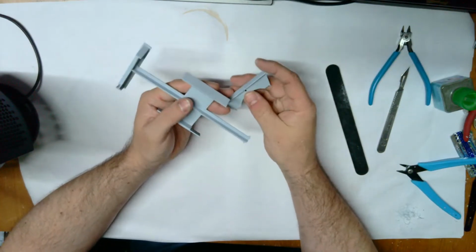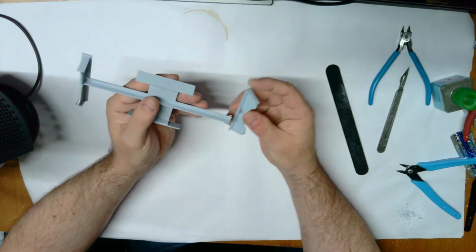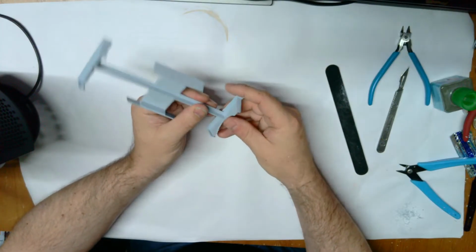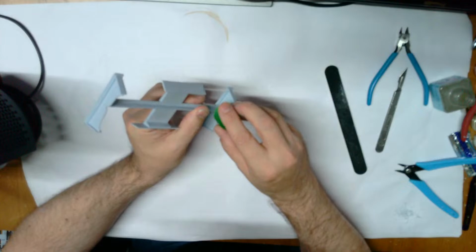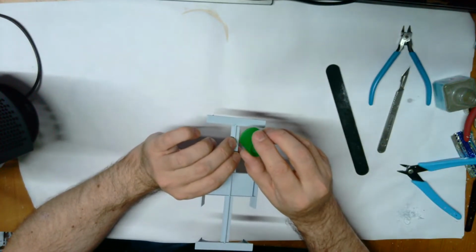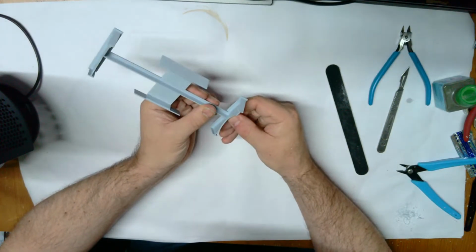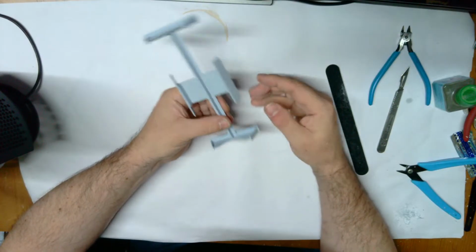So I'm making sure that I've got these the right way around. They've got a little notch in them. This is all they are. There is nothing more to this stand, so it's not like we are screwing up another part of the build or anything doing this. This is completely standalone, if you excuse the pun. And it literally is just these 3 pieces,